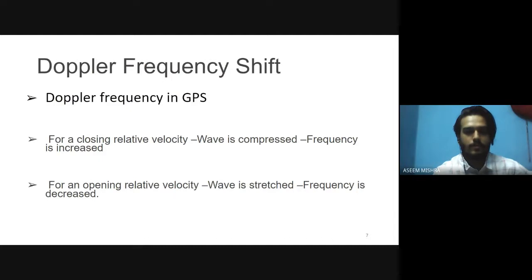Doppler frequency is a phenomenon discovered by Christian Johann Doppler, an Austrian scientist. Doppler is the apparent change in wavelength of an EM or acoustic wave when there is relative movement between the transmitter and the receiver. In everyday life, the effect is commonly noticeable when a whistling train or police siren passes. Audio Doppler is depicted here. However, Doppler can affect the frequency of a radar carrier wave or even light waves, causing an apparent shift of color. For a closing relative velocity, the wave is compressed and frequency is increased, and for an opening relative velocity, the wave is stretched and frequency is decreased.